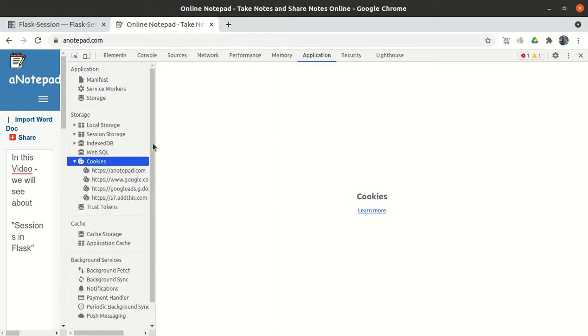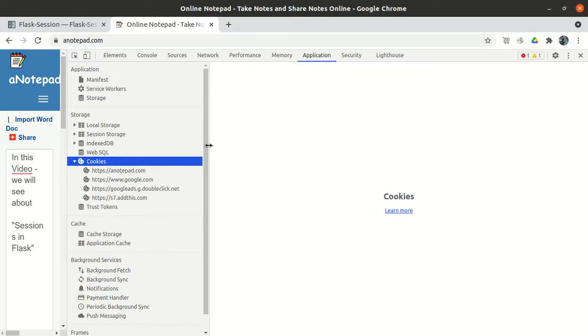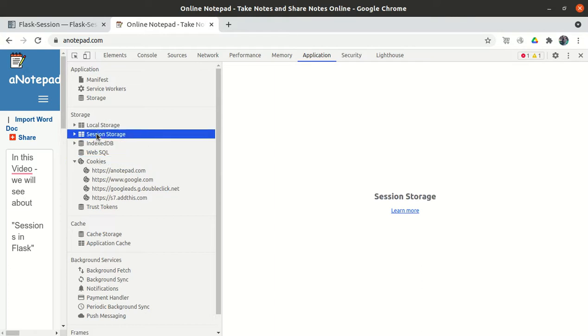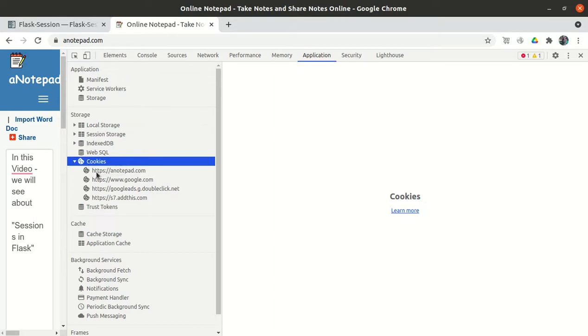So these are basically the storage types. Like we have the databases, right? SQLite 3, MongoDB, Redis, SQL, PostgreSQL, MS SQL. So similarly we have the local storage, browser databases, you can say. So we can store the data into the local storage as well. We can store the data into the session storage, IndexedDB, web SQL, in the cookies as well.